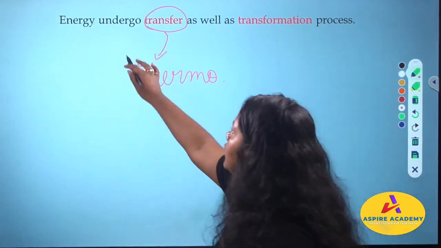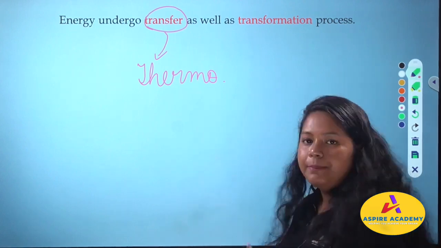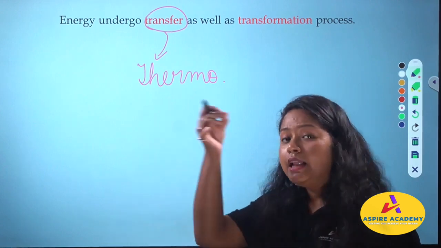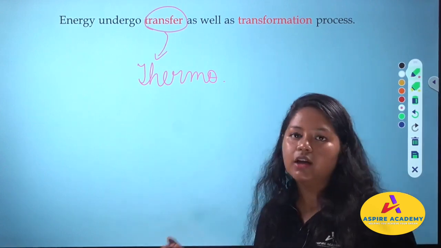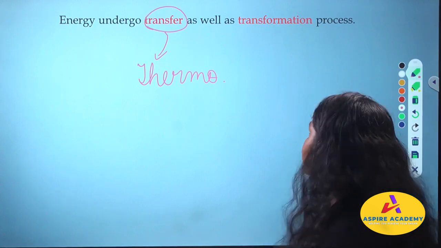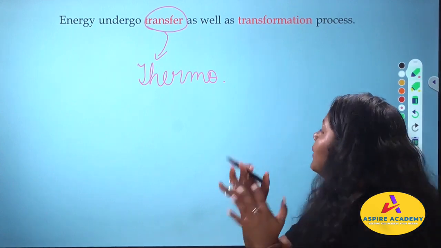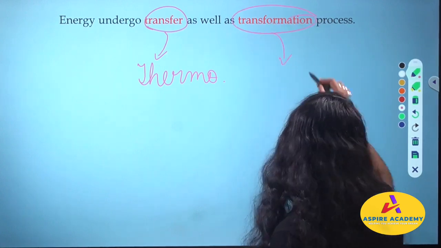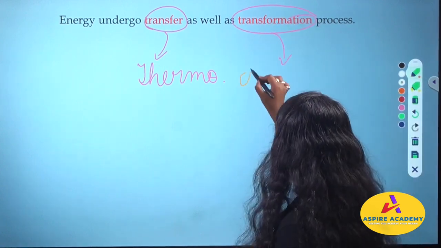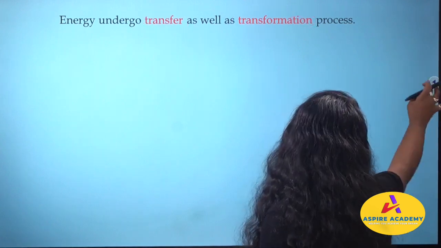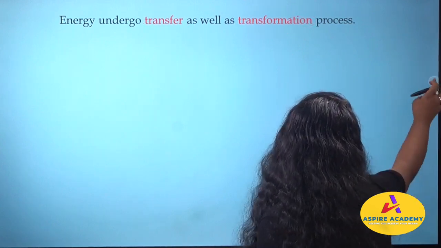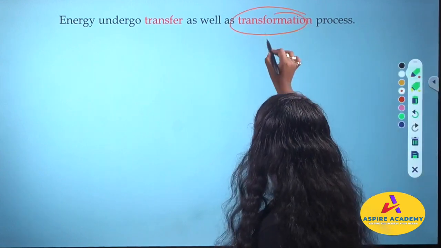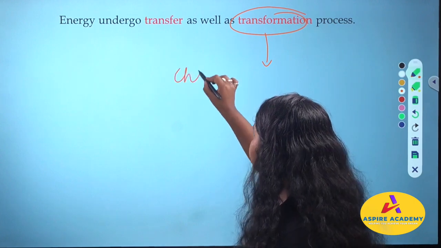Understood? Okay, so energy undergoes transfer. Transfer gives free energy, and how forward reaction is happening, Le Chatelier's principle, and so on, you have learned in your thermodynamics unit. What is important to us, what matters to us, is this thing called transformation, right? Now for transformation, I said we will learn something about the chemical and electrical properties. Okay, for transformation we have chemical energy.